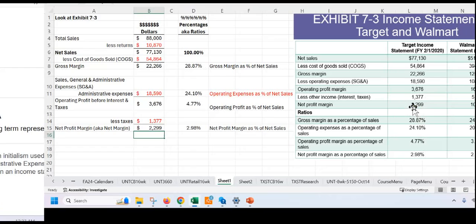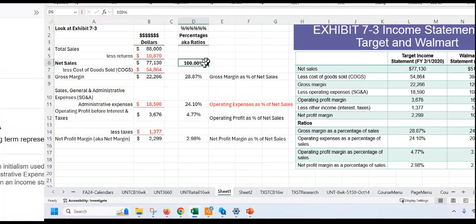Okay, so now we've got to talk about the ratios, because the strategic profit model uses ratios. Gross margin as a percent of net sales is what this should say, because net sales is what they've given us here. So we'll start with recognizing that net sales is where we're starting from, 100%. That's always going to be what we're dividing by. So if we want gross margin as a percent of net sales, then we're going to take